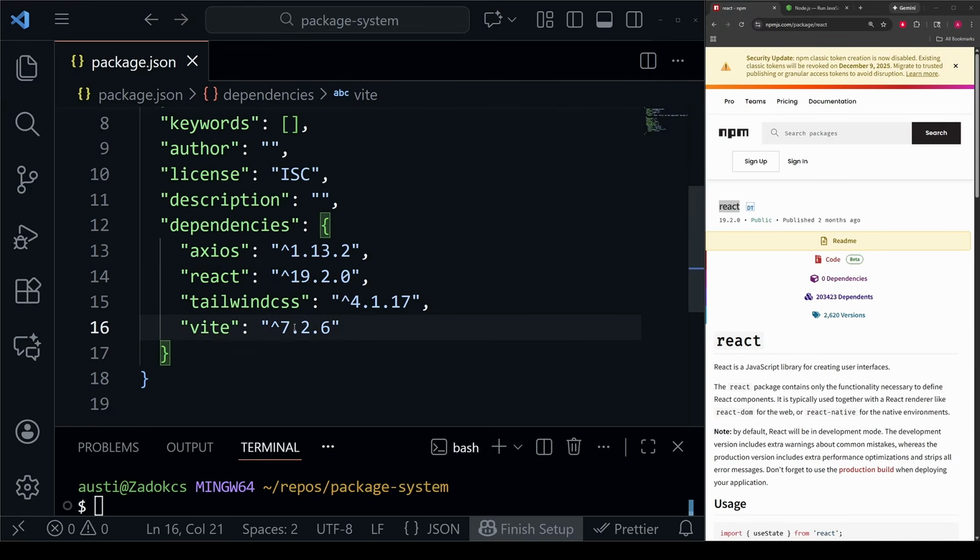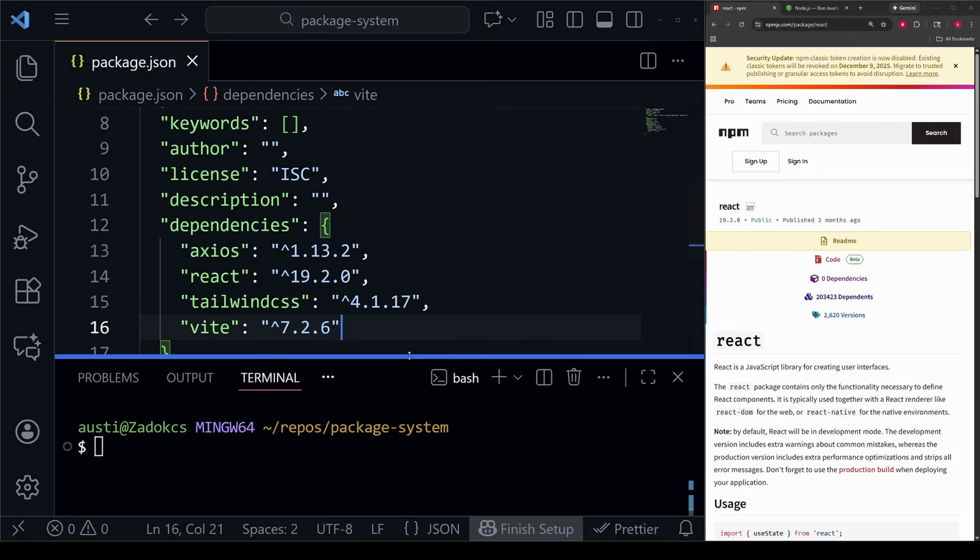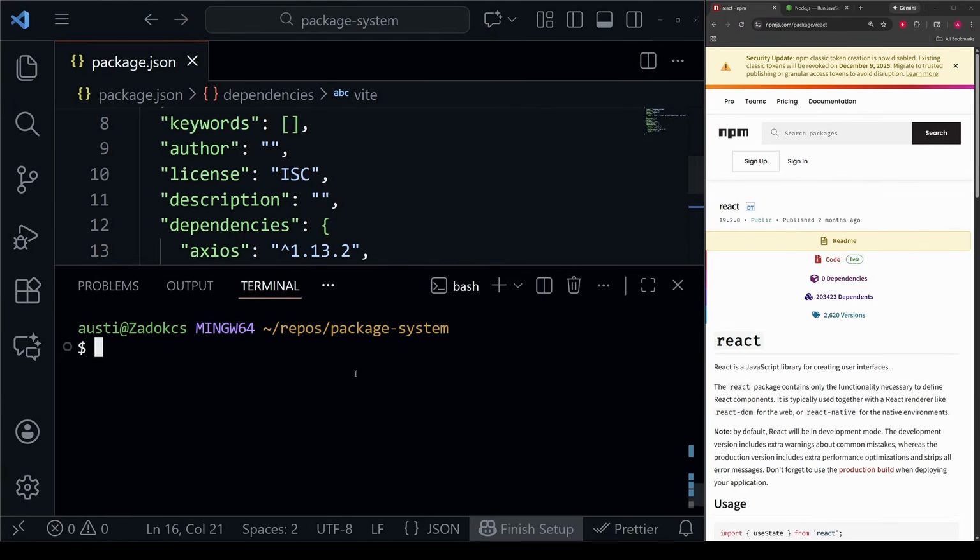Usually big major updates will increment this first version number. So Vite might go from 7 to 8. But for the most part, minor patches will just increment these numbers here. By default, when running npm i, it will always install the latest version of the package, which is typically the behavior that we want. However, sometimes obviously you might need to go to an older version, especially if you're in an already existing app. So if you want to install a package that is an older version, you can say